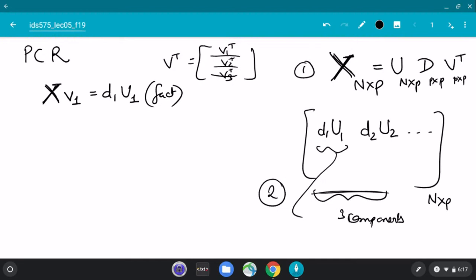Any questions about this? Does it always happen that you pick the first 3 components? No, I just suggested 3. How you choose the number of components is again a choice, just like k nearest neighbor. There is some art there, or rather, you can do cross validation and things like that.